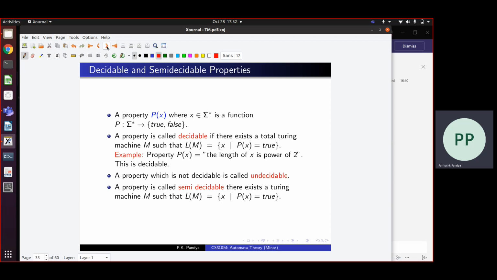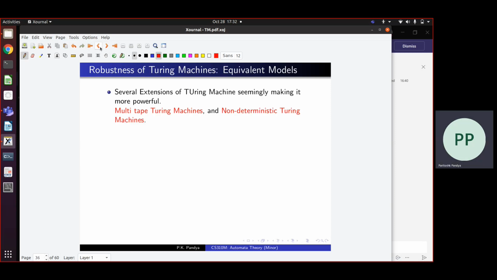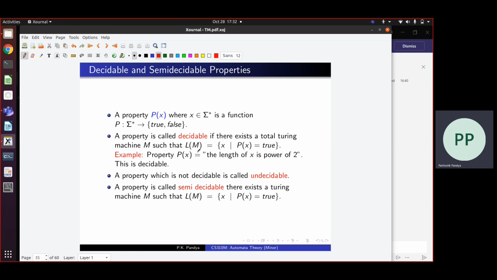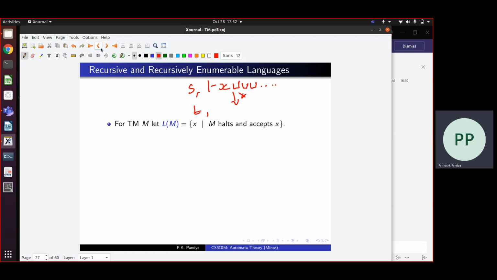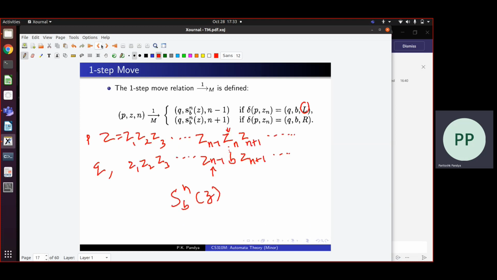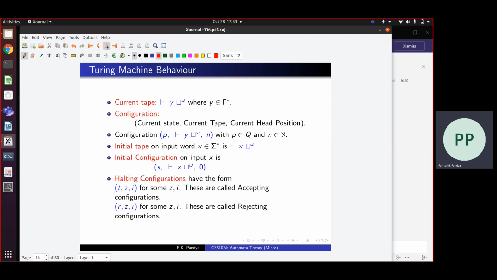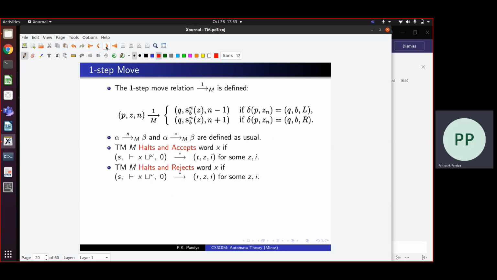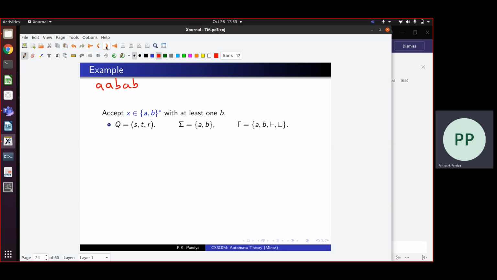Okay, and that is the terminology that I wanted to do today. So today what have we done? We have done a formal definition of a Turing machine. We have seen its configuration, how a Turing machine makes one move, transforming one configuration to another. The aim of the Turing machine is to go through a sequence of configurations till it reaches an accepting configuration or a rejecting configuration. So where is my example where I had drawn that?